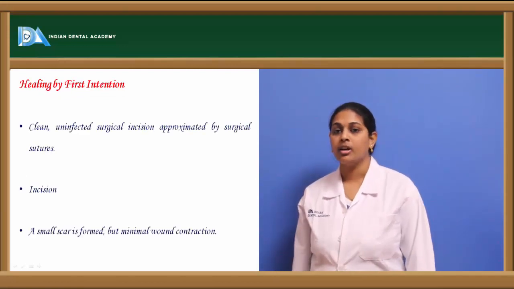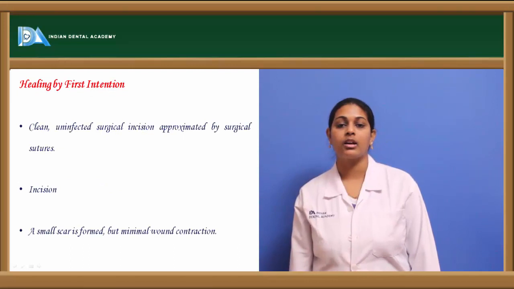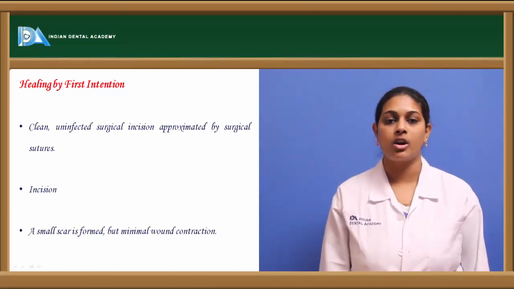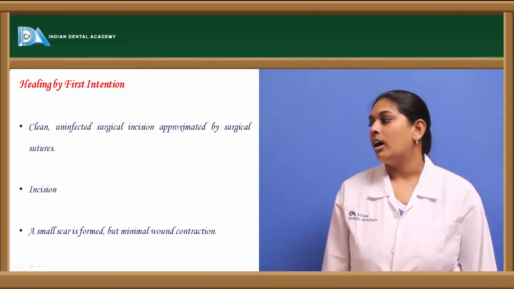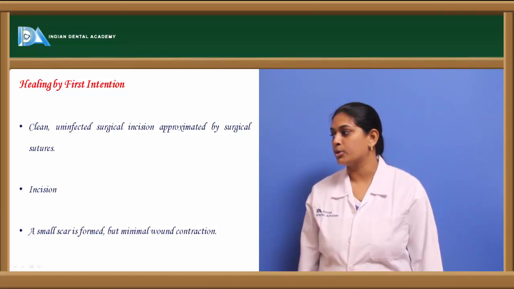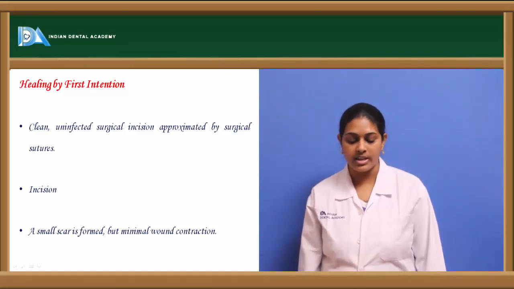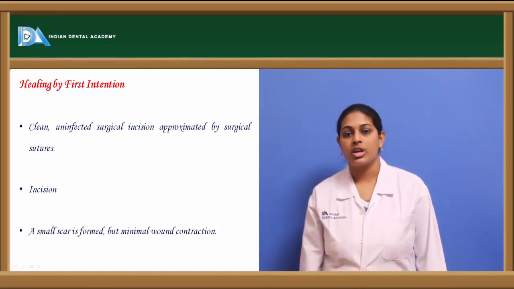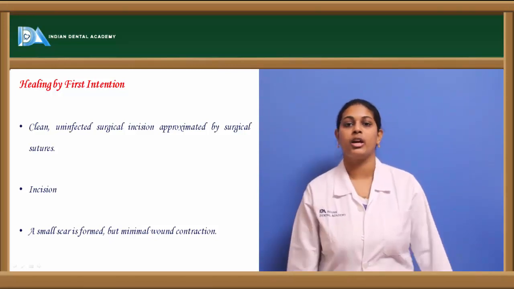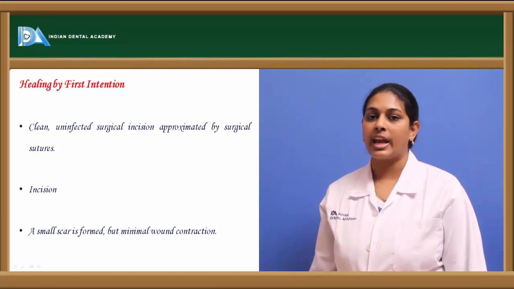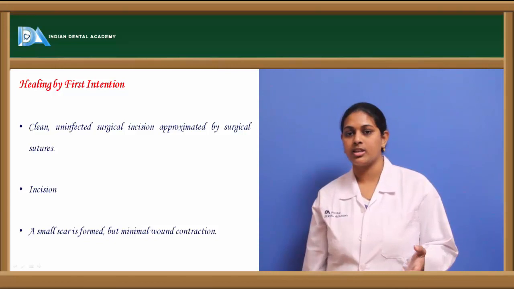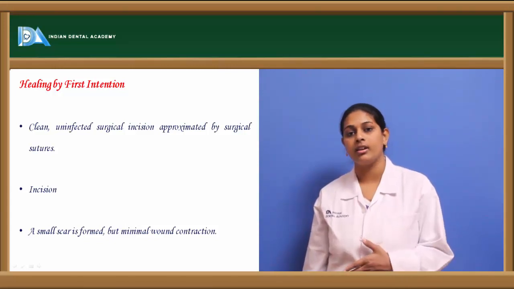Coming to healing by primary intention, it is most commonly seen in clean surgical wounds, that is, wounds which are made intentionally in cases of incision and excision, and even in cases of biopsies. It could be a brush biopsy or punch biopsy, where these injured sites or the surgical sites are approximated, the edges are approximated with the help of sutures. This is what we say in healing by primary intention. So a small scar is formed,